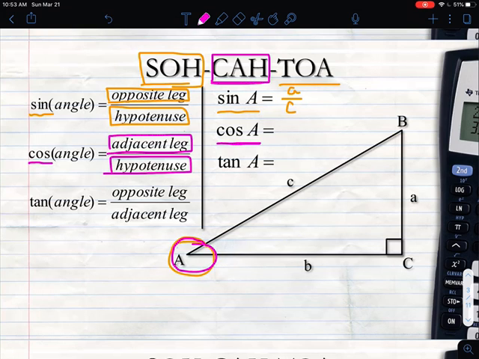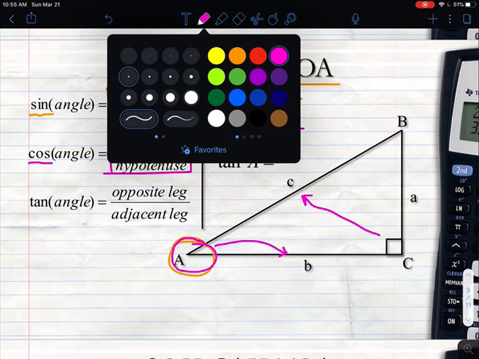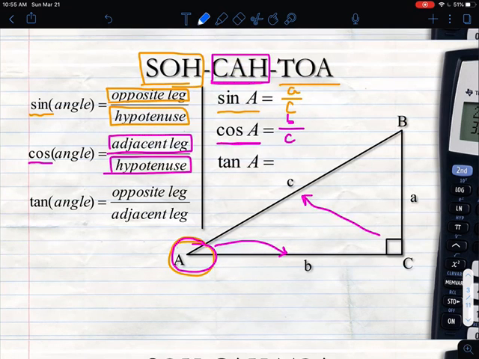Cosine says adjacent and hypotenuse. So we want the leg next to my angle. So the leg next to my angle would be B. So that goes on top of my fraction. And then my hypotenuse is still directly across from the right angle, so it's still C, so I put B over C. For tangent, if we highlight tangent here in blue, we have O and A, which